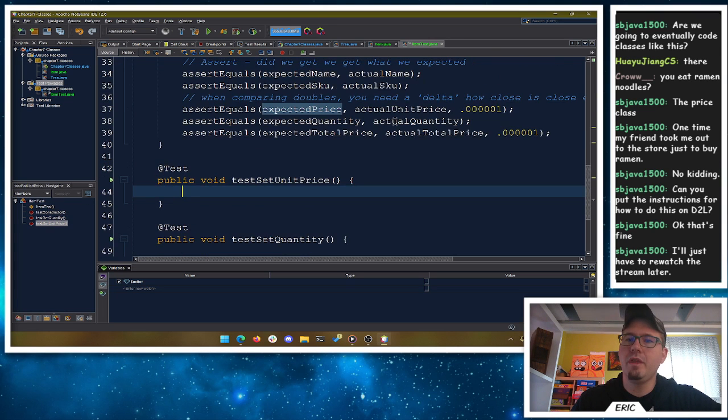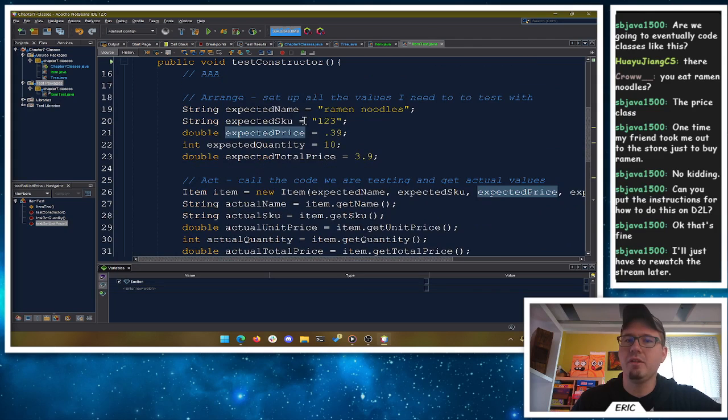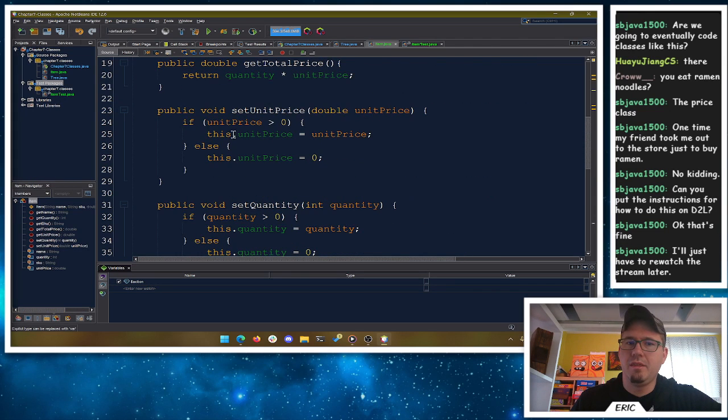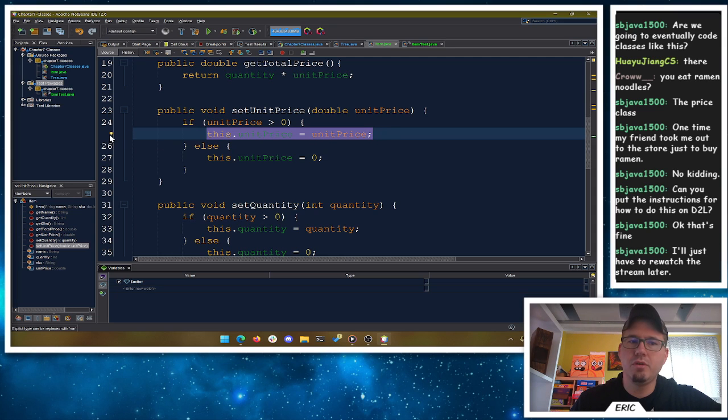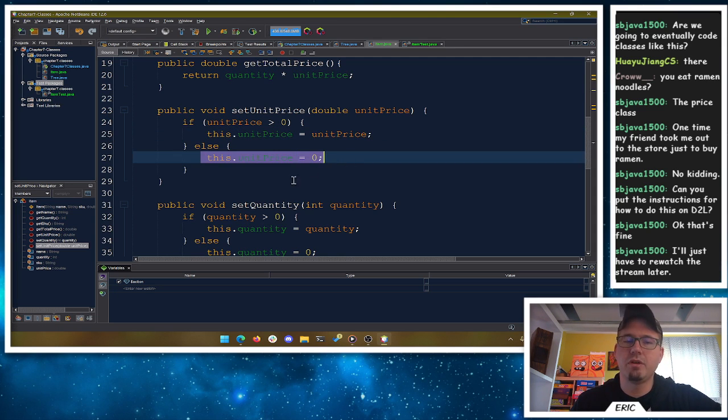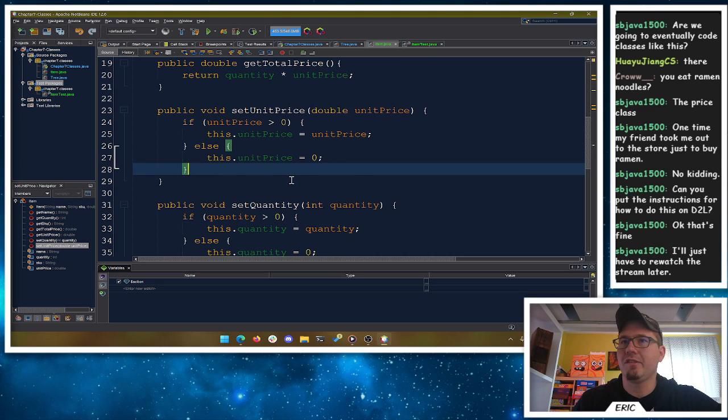Well, I know that if I give it a positive value here, this if block should run. So I know this particular line of code at 25 runs, and I know that the block of this line of code at 27 has not yet run. We didn't give it a negative value here. So this line of code, in all of my tests, one test, has not run yet.